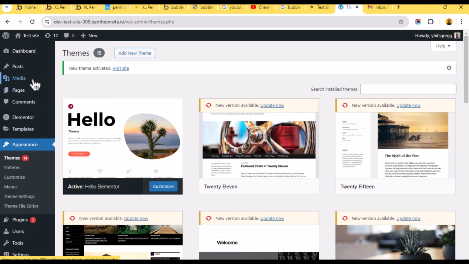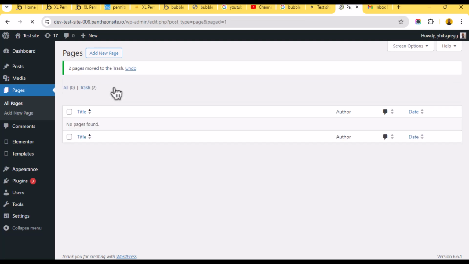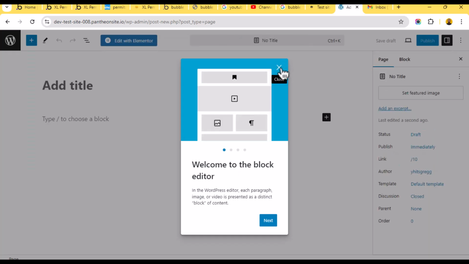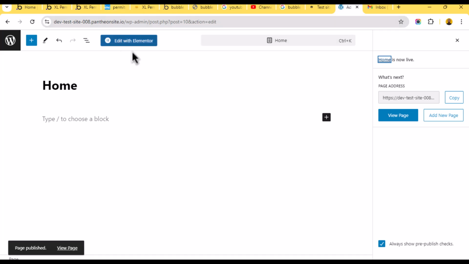So I'll go to pages. Now if you want to create a new page, you have to come to pages, add new page. First, you can delete all of this, because most times you won't need them. So I like to delete this. Then you can add a new page and call it home. Publish, and then if you want to work on that page, you can edit it with Elementor,